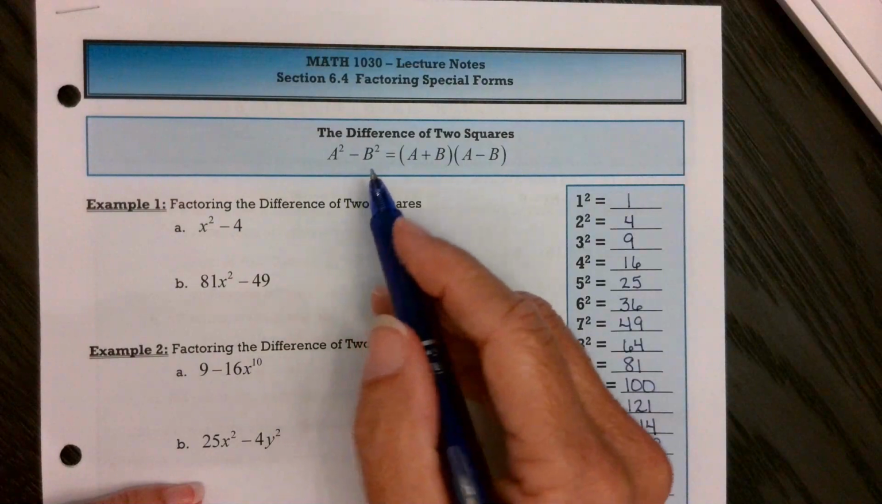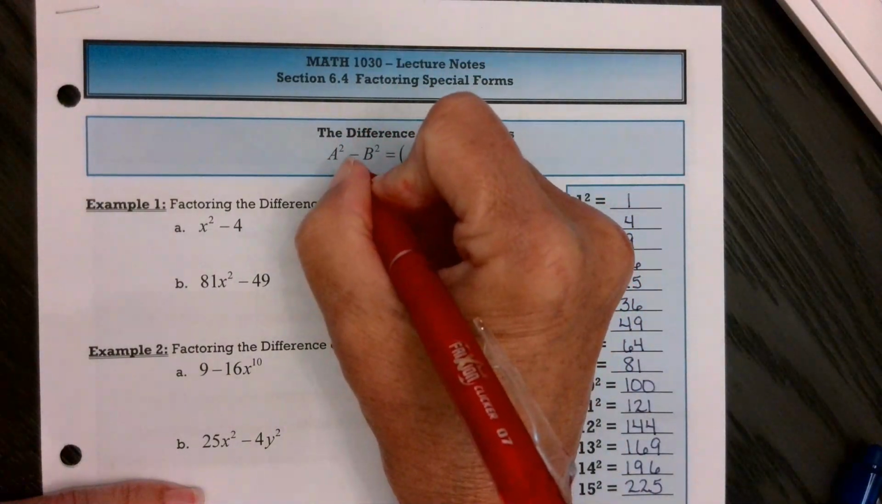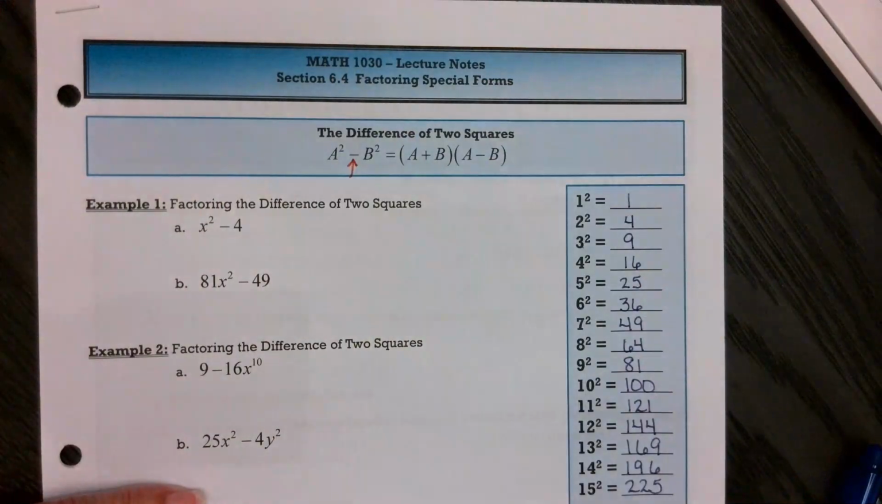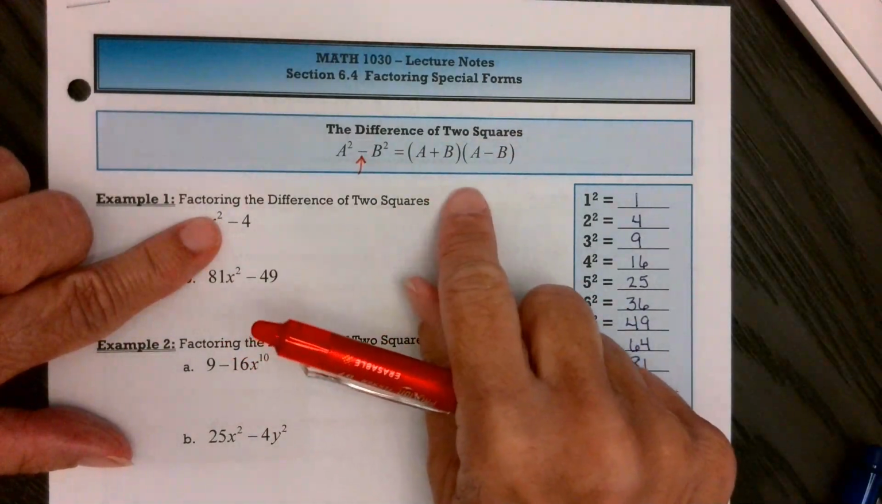This is the important thing. You have 2 terms that are perfect squares with a minus sign. It has to be a minus sign. It cannot be a plus. Okay? If it's a plus, it won't factor. Okay? So here, the way this works is,